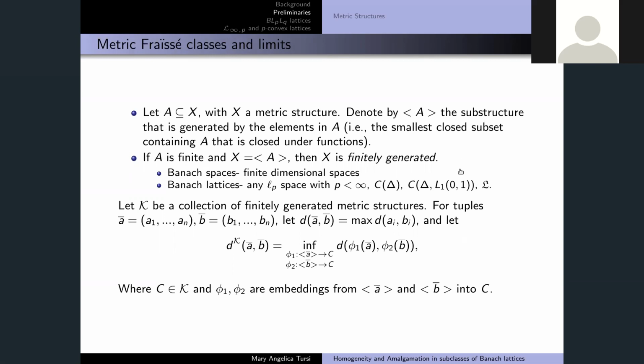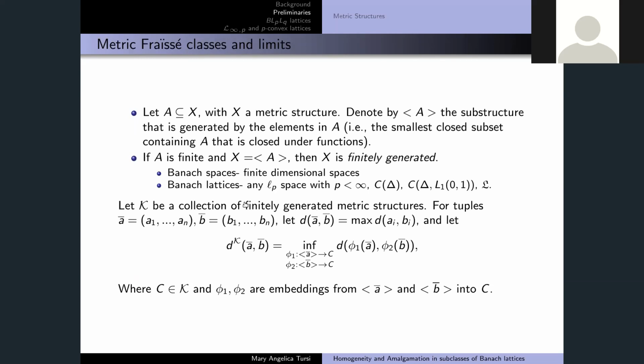So here you want the bracket A to be closed under the function operations in your structure, and you also want it to be topologically closed. And now if X itself is generated by a finite A, then we just say X is finitely generated. So with Banach spaces, you have finite dimensional spaces. But Banach lattices, you can have all sorts of other lattices that are infinite dimensional, but generated by only finitely